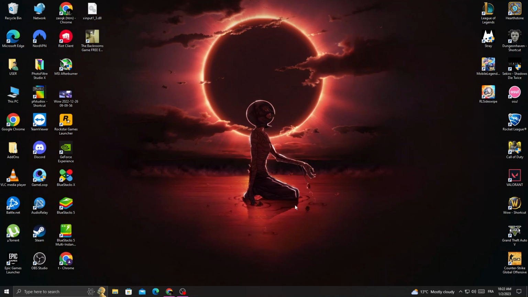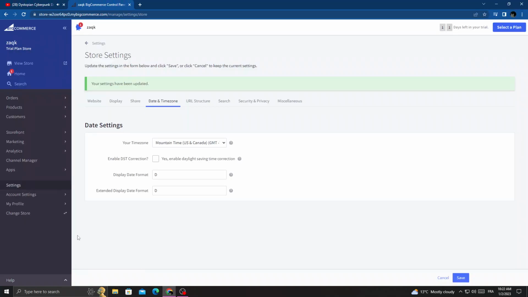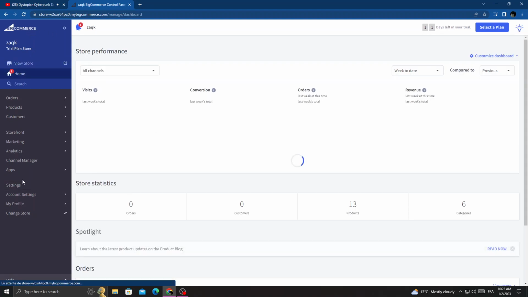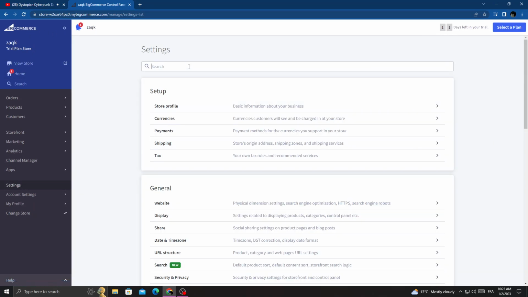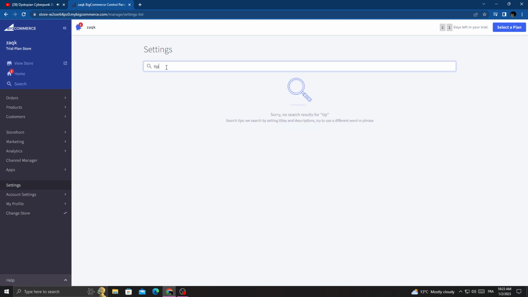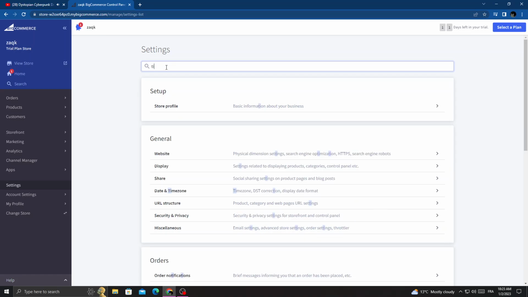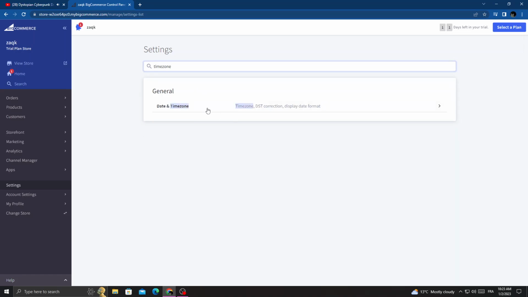First open your browser and then click this one here. Once you're here, click settings and now type time zone and then click on it here,